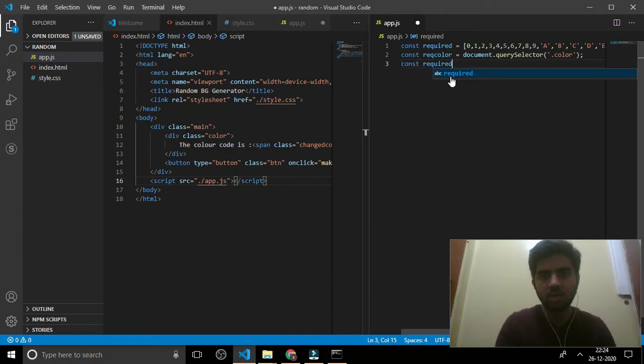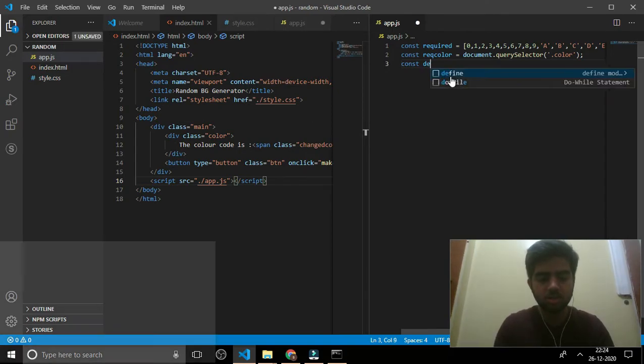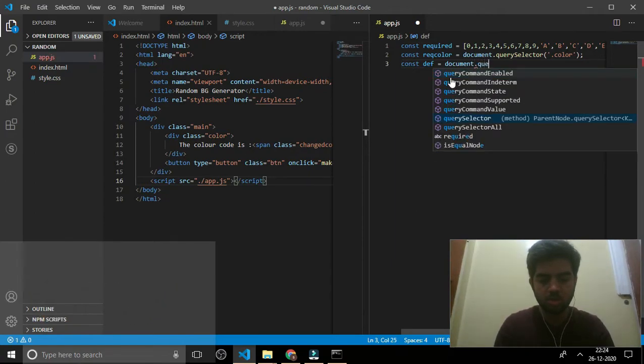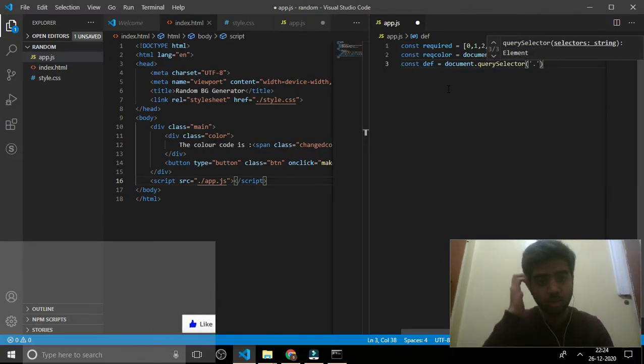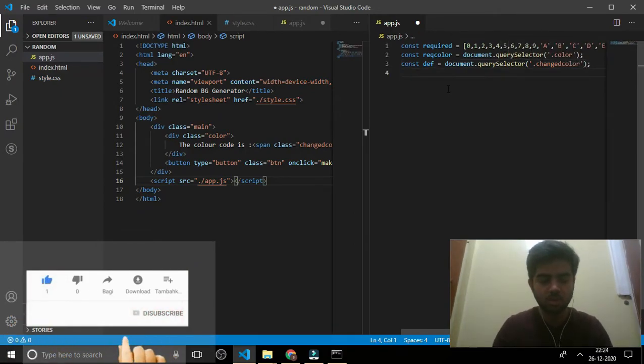Required color, required, both have been declared. What constant shall I call here? Constant def is equal to document dot query selector. I'll select dot changed color. Okay.